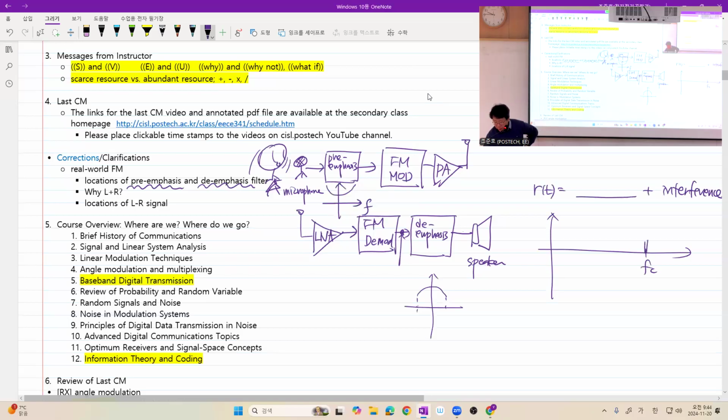So we have some FM signal occupying some band. Now, this interference is, for example, here. Ready? And in order to make everything simple, what we have done is that we assume the desired signal is